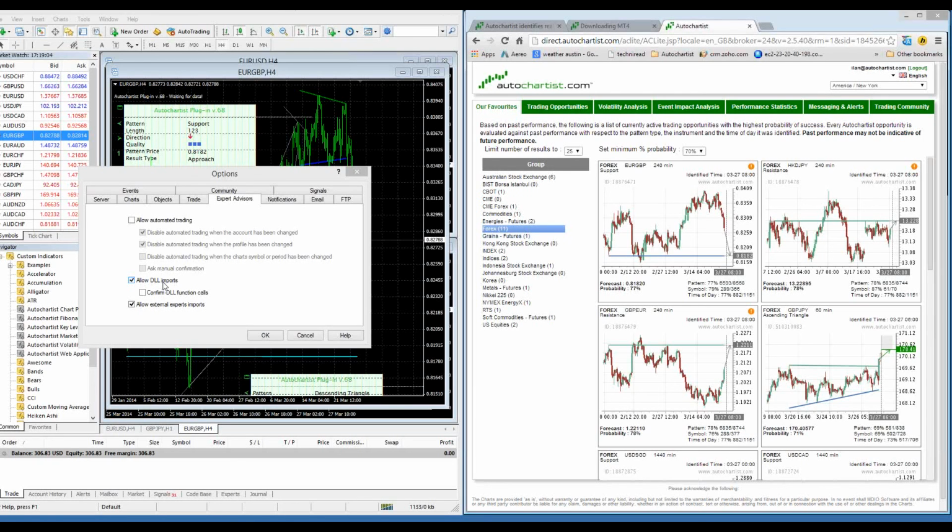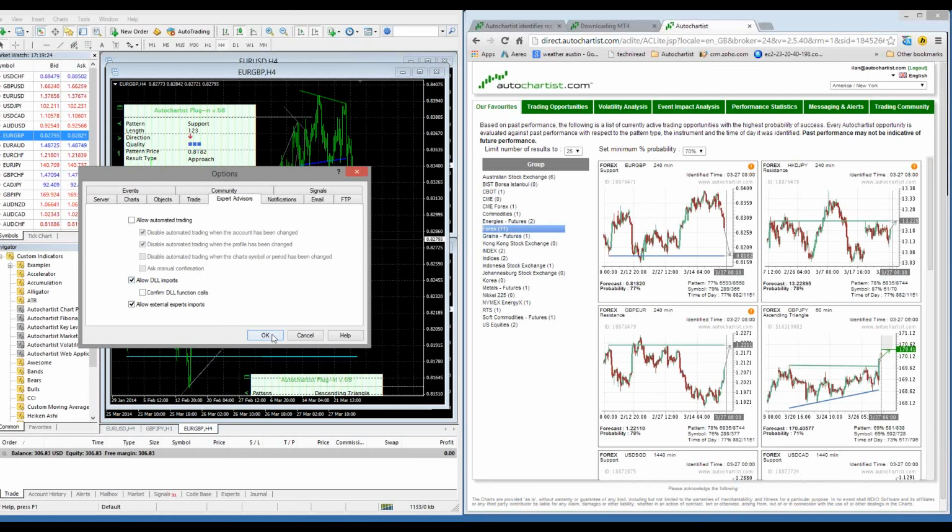indicator has quite a lot of access to your computer and other information in your computer. So I just urge you to be vigilant and don't just allow DLL imports if you have other non-trusted third-party plugins. I am, of course, going to allow DLL imports on my screen, and now what you'll notice is